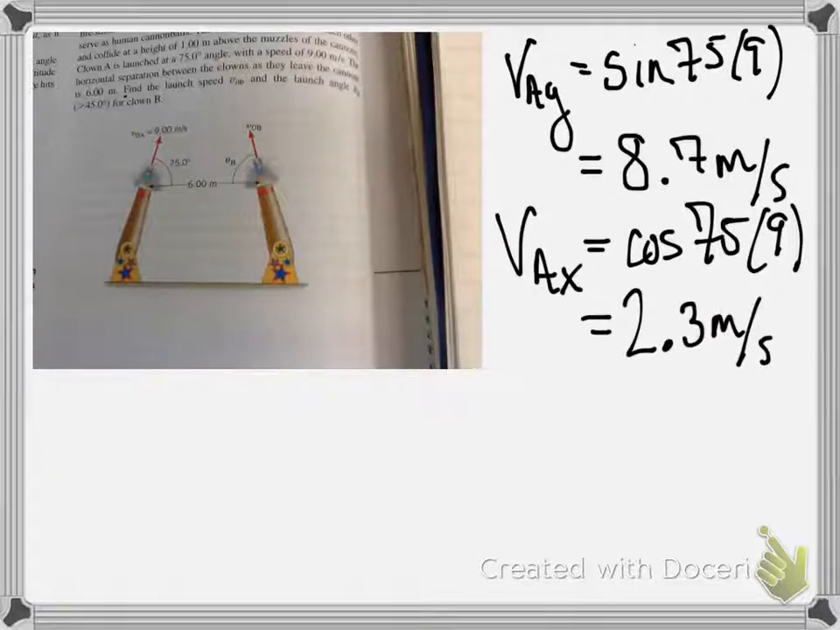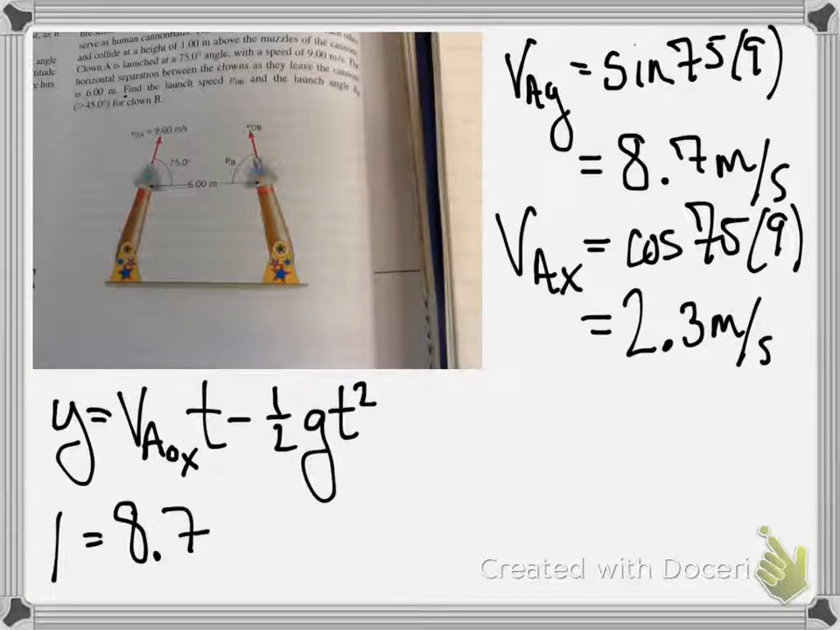And then we can say, based off of this, how high would clown A be after 1 meter, because it says they collide 1 meter above the cannons. So I plug in its y initial velocity, I plug in gravity, 10, and I plug in 1 for 1 meter up. How long does it take something launched at 8.7 meters per second under the influence of gravity to get 1 meter? And I get a time